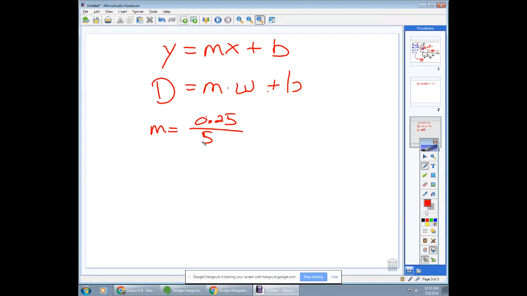over 50, is that what it was? And that came from looking at those points. W versus D, so what was it, 50, 1.25, 100, 1.5. Now I'm going to make believe we weren't given the starting point and see if I can find it based on these 2 points. And the trick here is, if I don't know what B is yet,